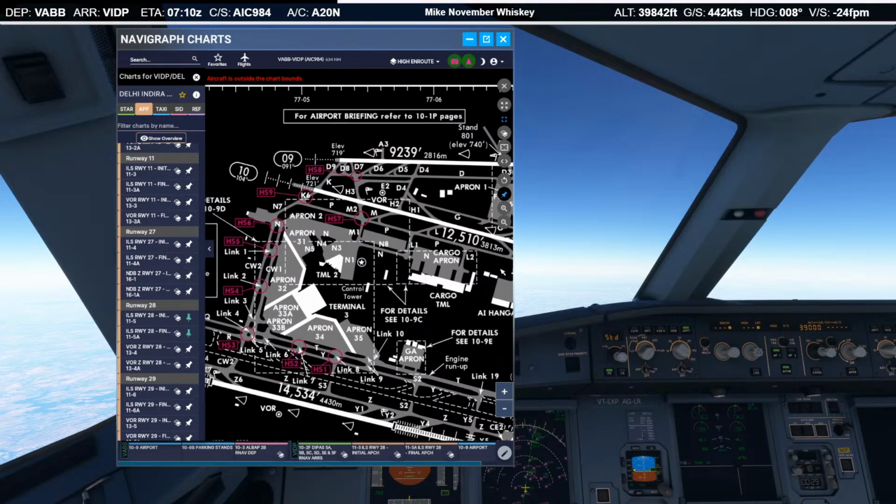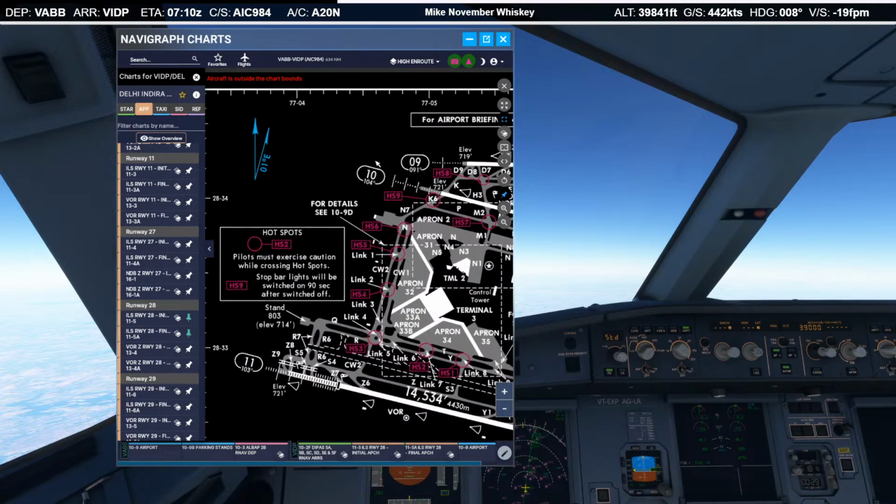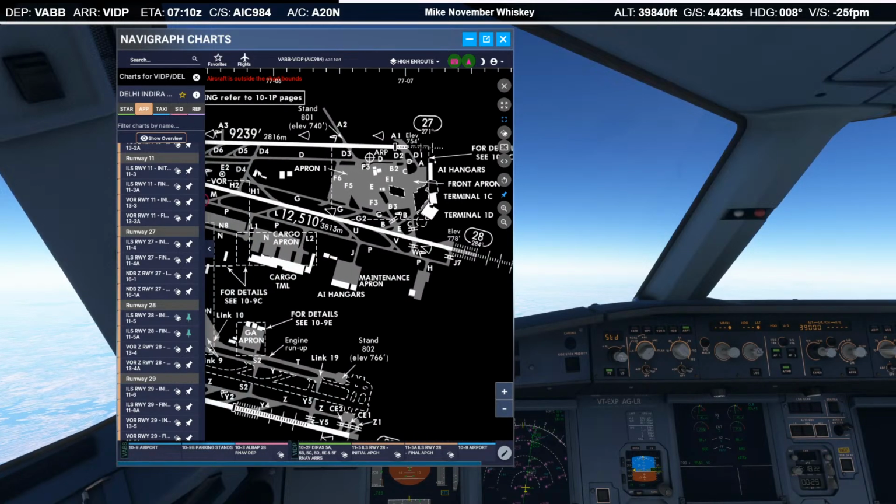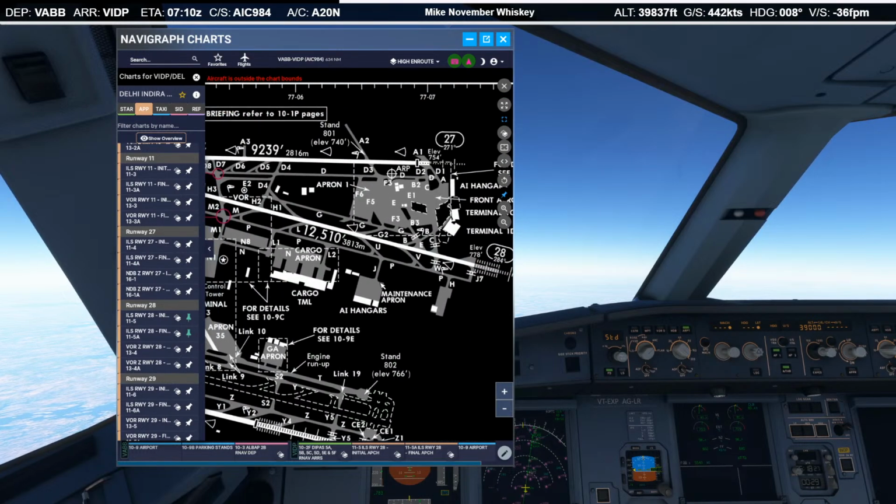But yeah, you can kind of tell, like 27 and 28, the center lines intersect pretty quickly. We were taking off westerly. It seems much safer to take off easterly, but I'm assuming for weather reasons, maybe western takeoffs are more common.